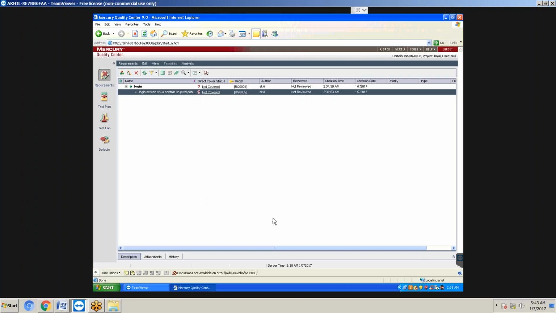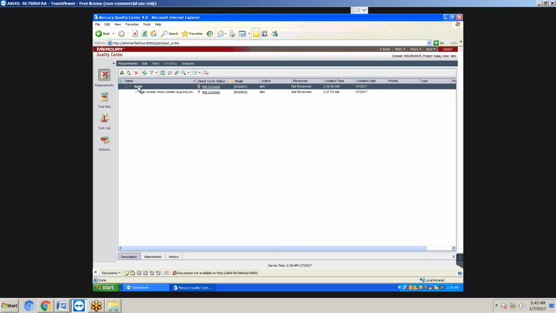Click on submit. Select the main requirement, then take the child requirement.